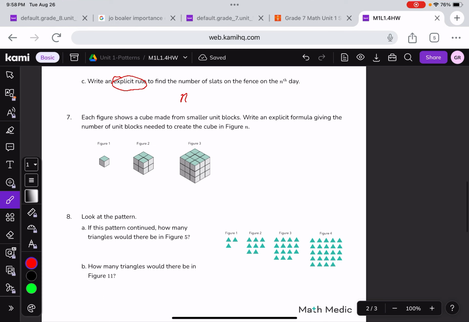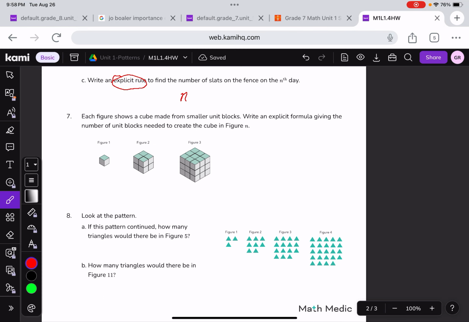Then we're going to look at number 7. I'll give you a clue. If it was flat, if it was just a line, n is 1 dimension. If it's 2-dimensional, sometimes we call that n times n, or n squared, but this is a 3-dimensional figure, so it's write an explicit formula. So what are we going to do? N,